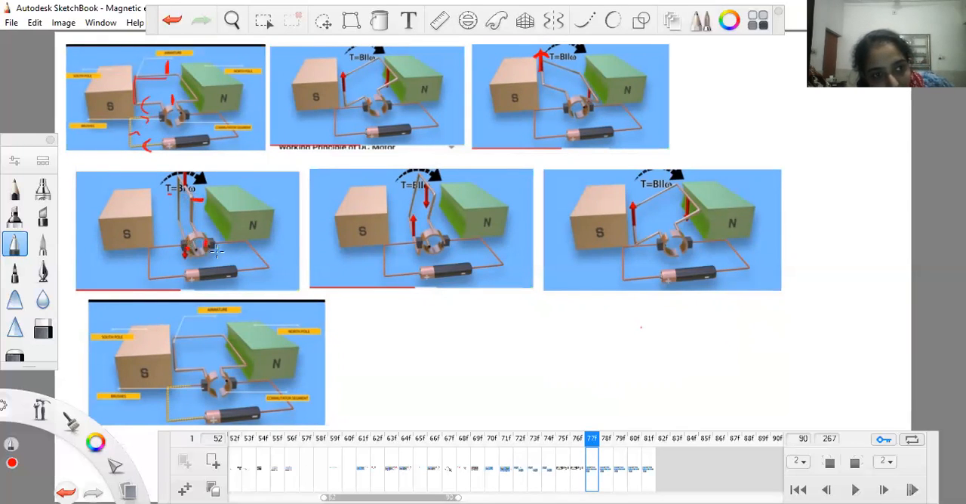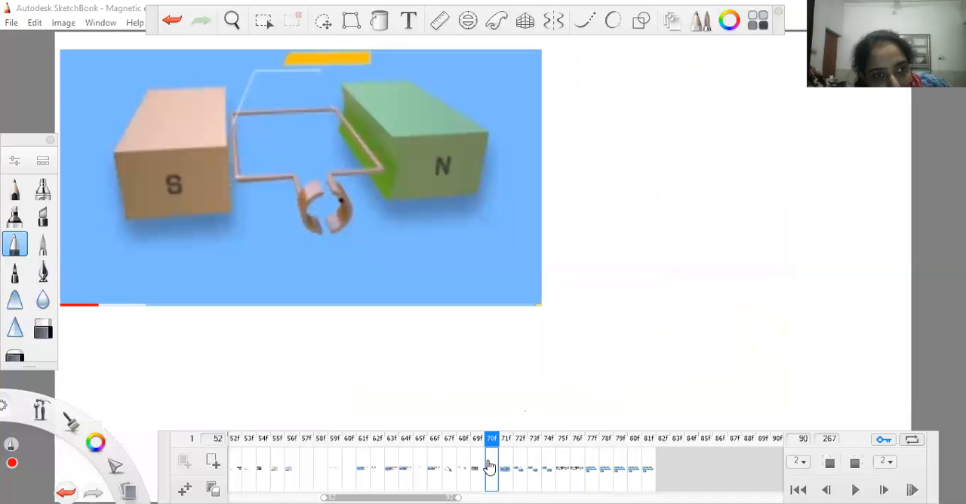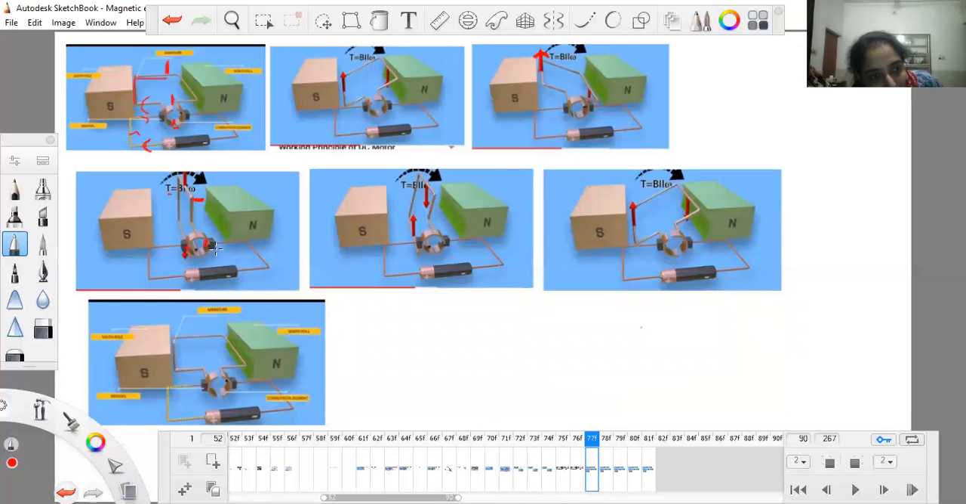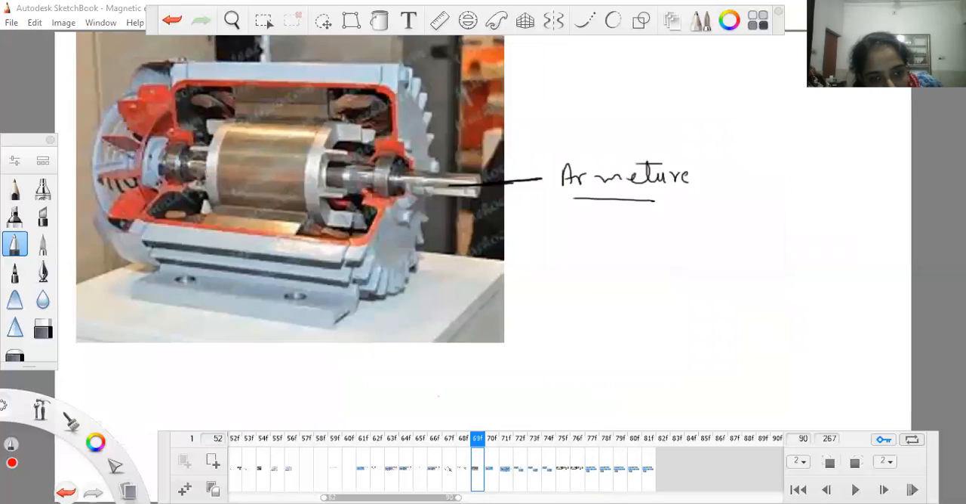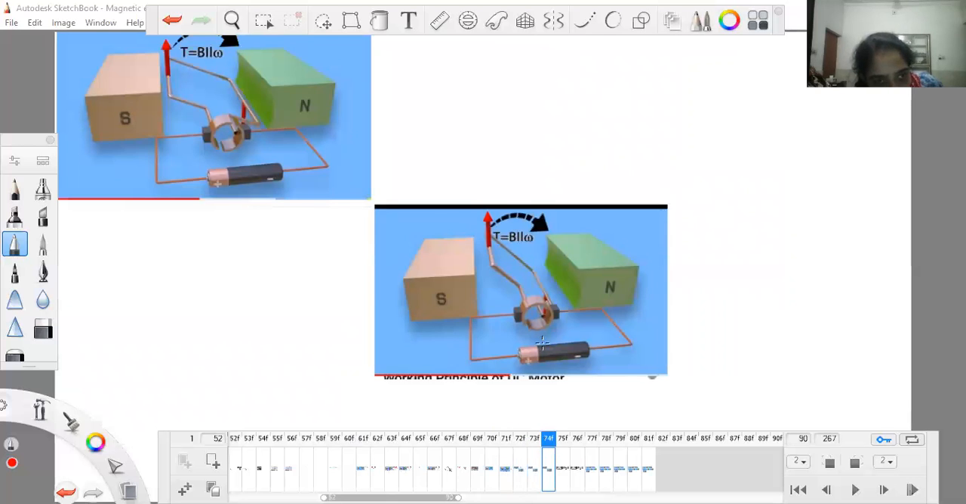As they rotate, the gap will also rotate. You can see the gap, this is the gap, this is the gap. This gap will also rotate and come to this side, and the armature will go to vertical condition. Okay, so exactly at this time, as the gap rotates, exactly at this time,